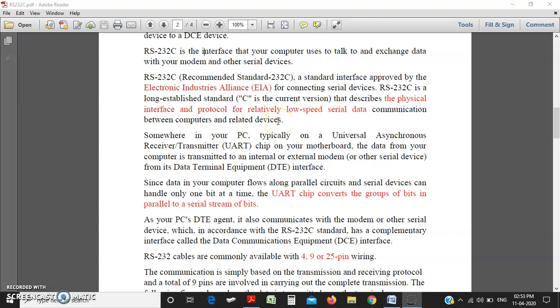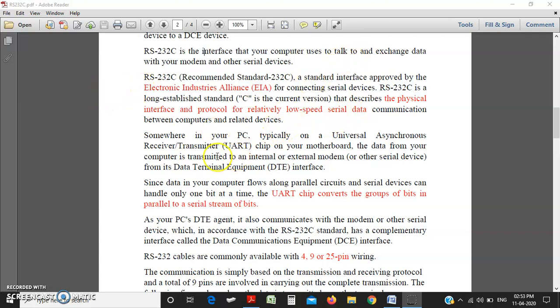Because it is serial, serial components process one bit at a time, while a computer is a parallel device which can process multiple bits at a time. So we need some standard which can perform communication between a computer and a slow device: a computer which processes parallel data and a device which processes serial data.